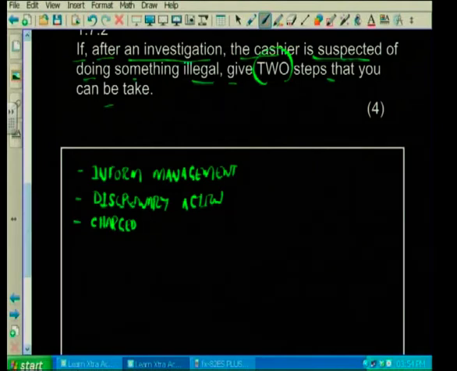Or the person could face dismissal, right? You could fire the person. Now, but remember the process. Like I'm saying, you can't just say fire the person. It doesn't work that way. You have to go through the process, get the necessary information, and once you have all your ducks in a row, and there's a case for dismissal, yes, then the person could be dismissed. Clear? Okay, let's go on to the next question.